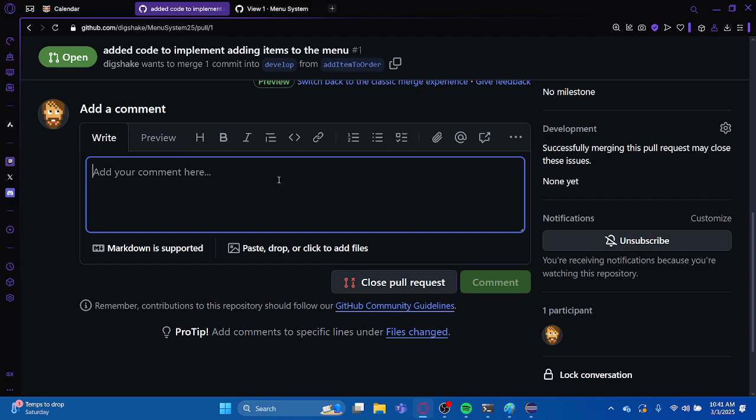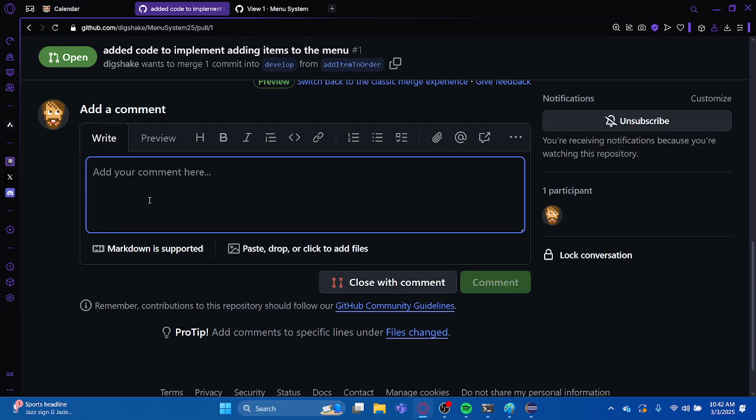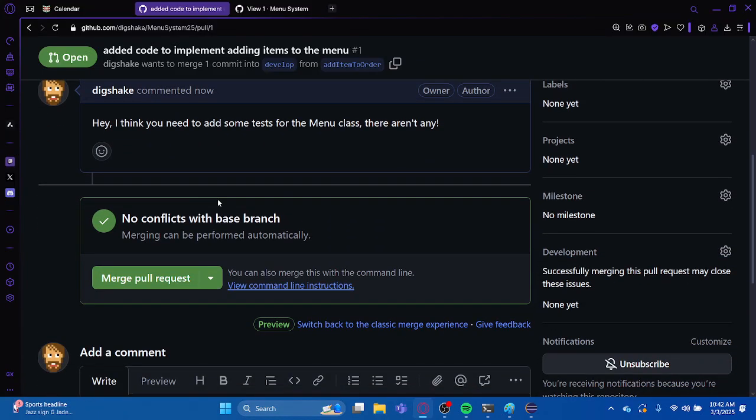I don't have any team members in this case, but I might come down here and say, hey, I think you need to add some tests for the menu class. There aren't any, right? And that's a good observation for reasons that we talked about. There do need to be some unit tests for the menu class, I think. That is an appropriate thing to say. And so, you can make that comment. And if I see that comment, I'm like, that person's right. I really should put in some